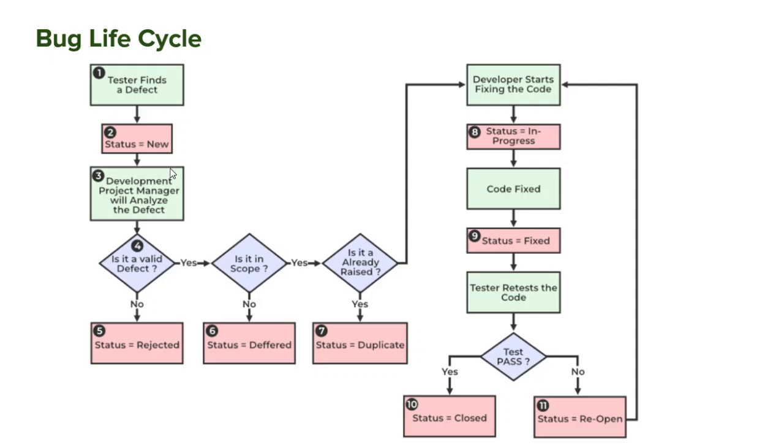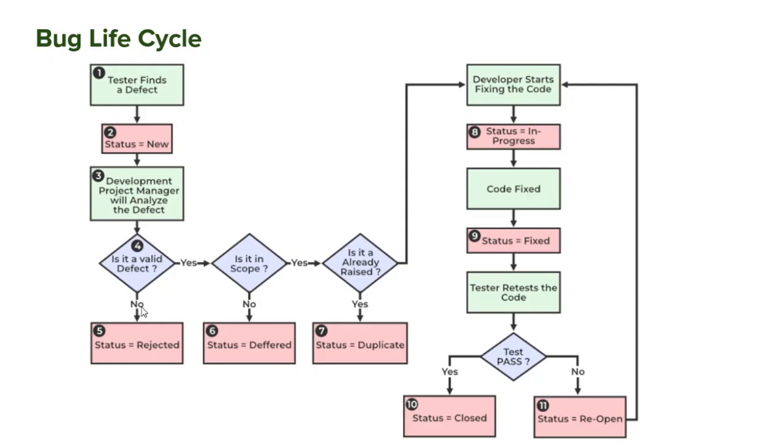The development manager will check all the issues. They will analyze the defect and provide some resolution type depending on certain scenarios. We have already seen that if it is not in scope, then it will be deferred. If it is in scope, but it was already raised by some other QA, then it will be marked as a duplicate. And sometimes a defect is not valid because of some reasons. For example,